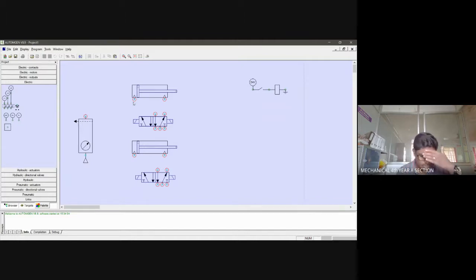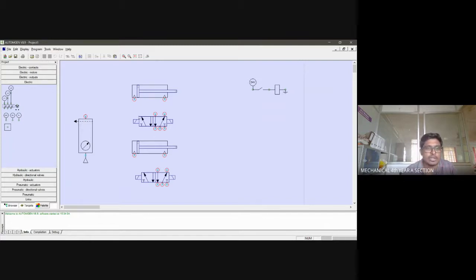So in order to name the switches, I'm keeping the blank end as A minus, and the rod end as A plus. In this particular cylinder, I am maintaining this area as A minus and this area as A plus. Okay, and for the B cylinder, the same thing. This is B minus and this is B plus.